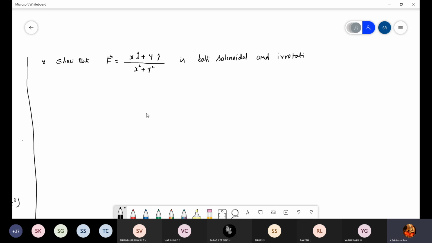See, if it is a 6 marks problem, 3 plus 3: 3 for solenoidal, 3 for irrotational. If it is a 7 marks problem, 3 for solenoidal and 4 for irrotational, because for irrotational you have to calculate the curl, the cross product, a determinant. Okay, yes, take down the solution. So we will write it in a standard form. The given problem is not in a standard form. How to write that in a standard form?